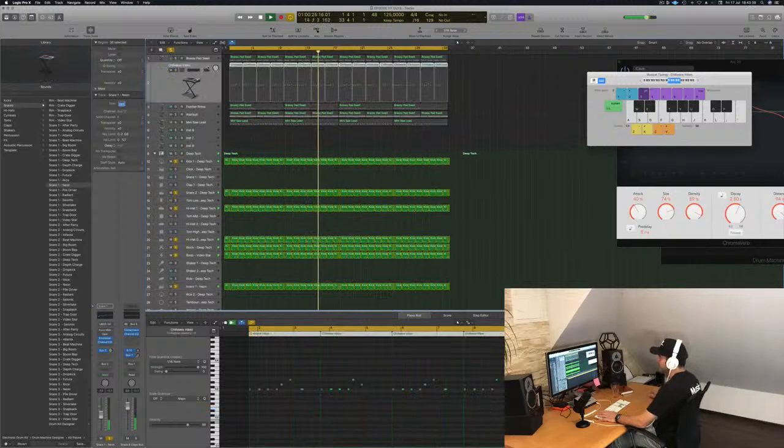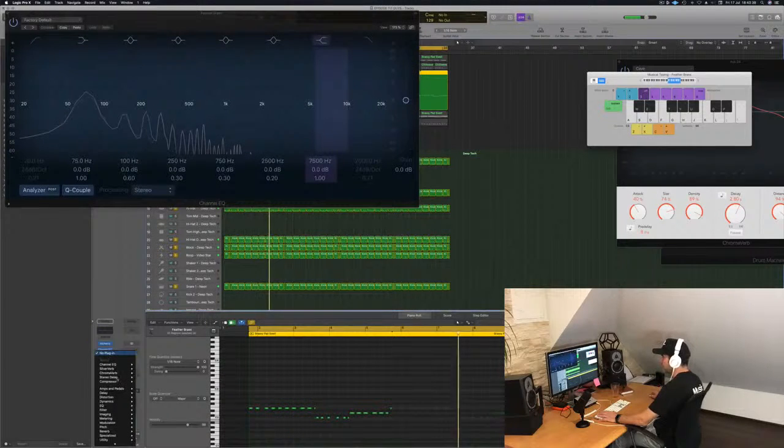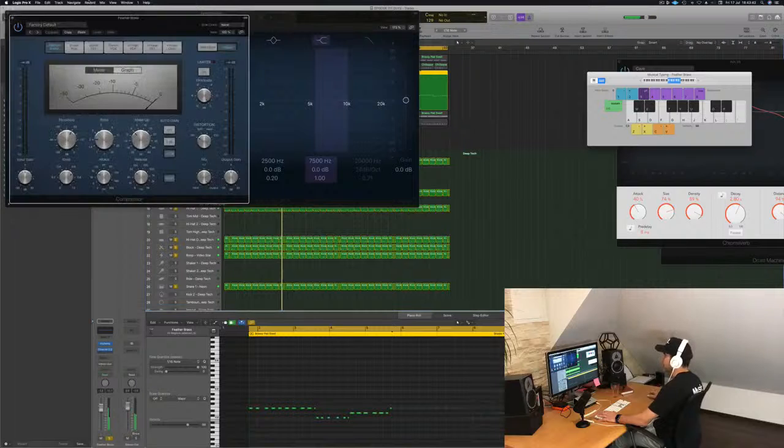No, I think it would be this bass, the feather bass, this one. Nice. I would like to drop a compressor on it just to pre-mix it. I mean, we're not in the final mix by any means here, we're just starting building the track, but